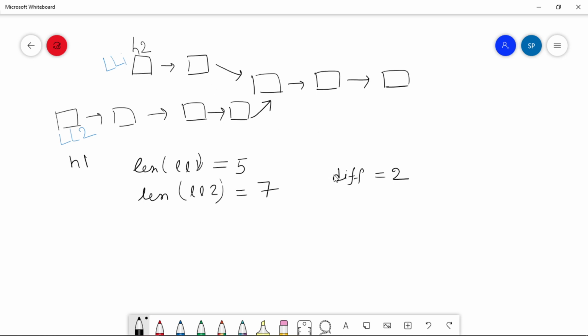Now the difference is 2, so initially we will move forward h1 by 2 steps.